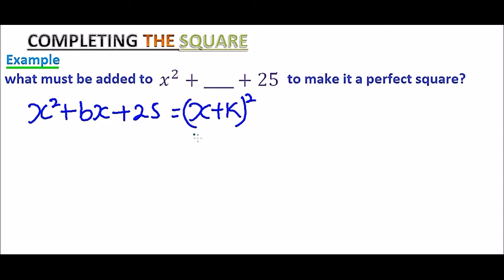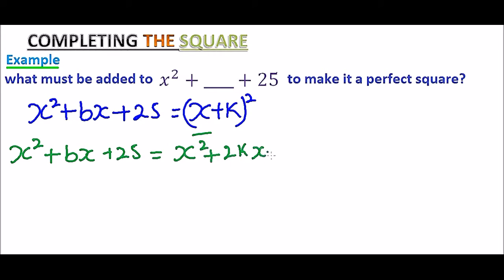When you expand this side, you get x squared plus bx plus 25 is equal to x squared plus 2kx plus k squared. Now, the left hand side is the same as the right hand side, and therefore we can equate our constants, since the two expressions are the same. So k squared is equal to 2